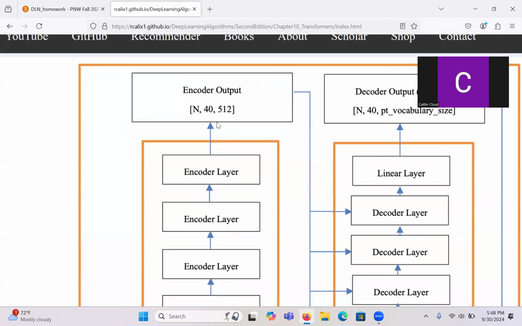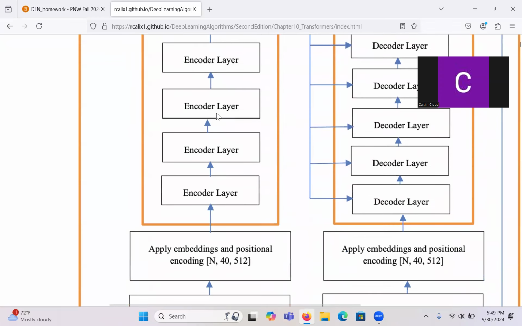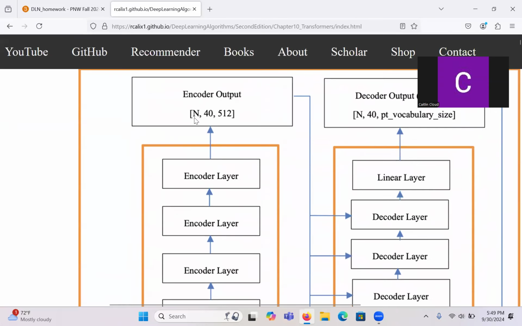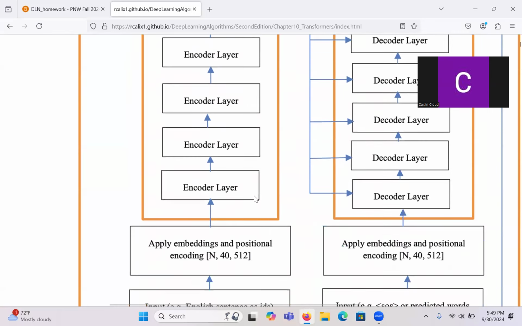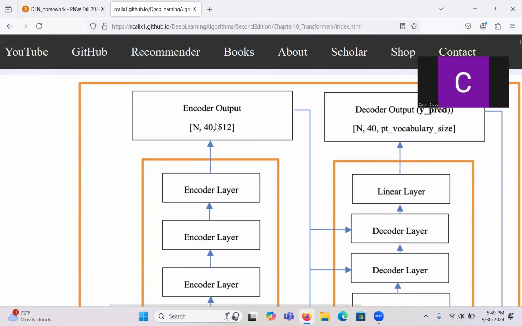Then there's also a decoder part, which works a little bit differently. If this is the encoder part, then basically an encoder is just a big embedding machine. That's literally what it is. It took your n, the batch of 16, and the sequence of 40 is still there, but the values in the 512 have been seriously modified. Do you get that? It's learned, hopefully, how to create really good representations of the tokens.